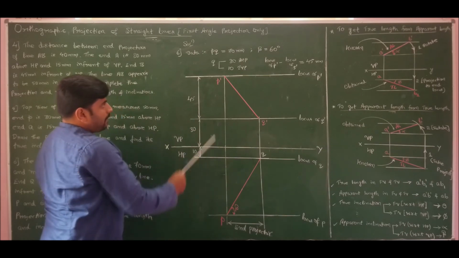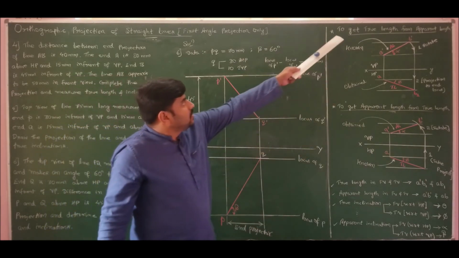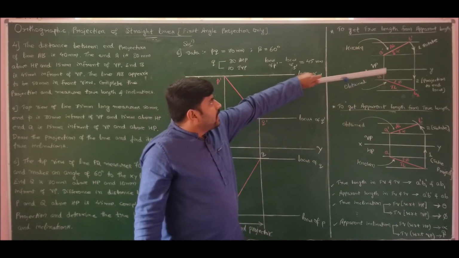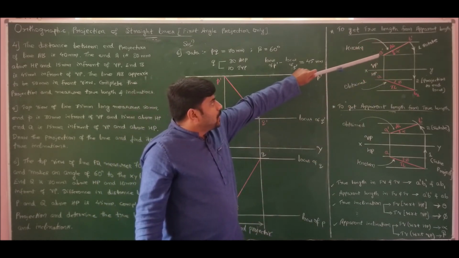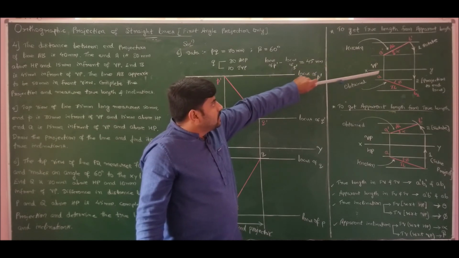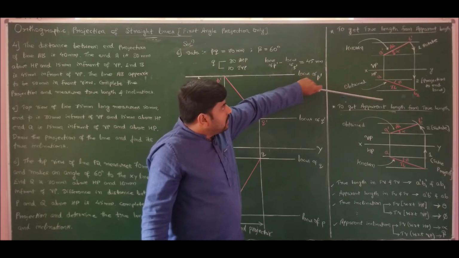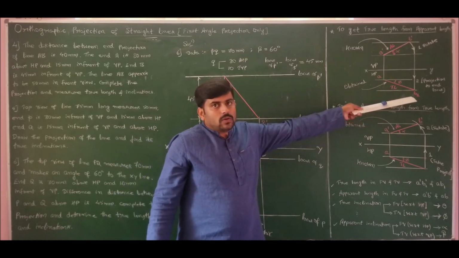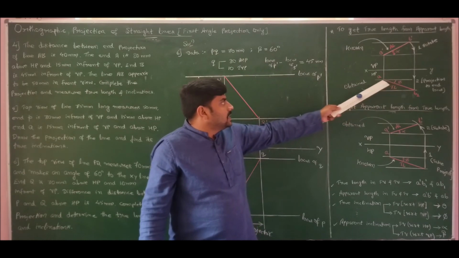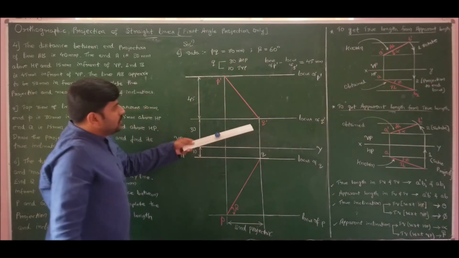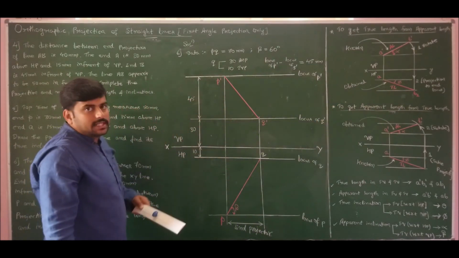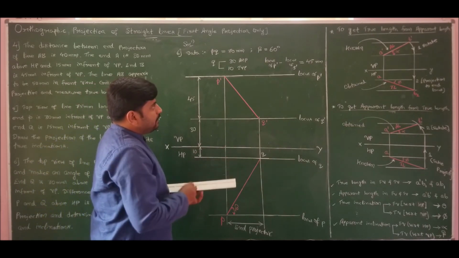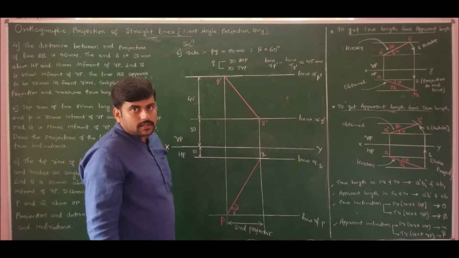Now we know apparent length. I can extend the true length. To get true length from apparent length, first rotate the apparent length and make it parallel, then drop the perpendicular to the extreme end locus of the line. So for line AB, B is the extreme end locus, whereas the beginning locus is A. So for line PQ, Q is the end locus, P is the initial locus. So therefore, first I should rotate and make it parallel, then I should draw perpendicular.